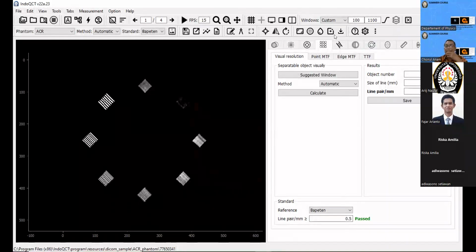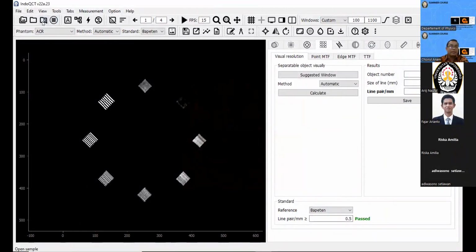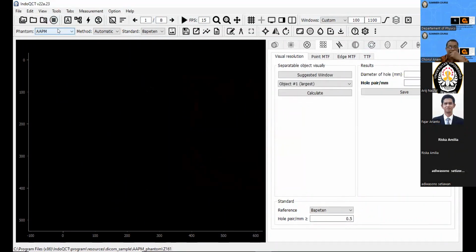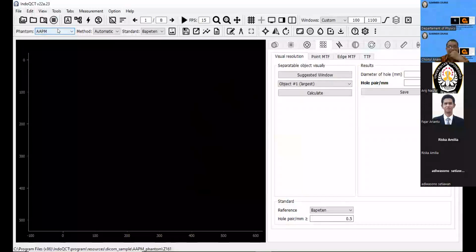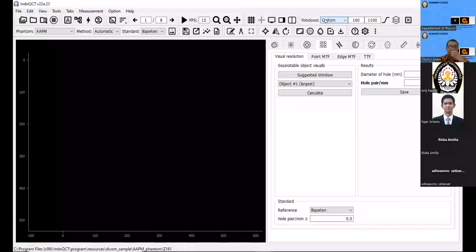Okay, and now we will move to another Phantom. Maybe I will try to measure using the AAPM Phantom. Okay, it is not seen because we use the custom window specific for the OCR Phantom.